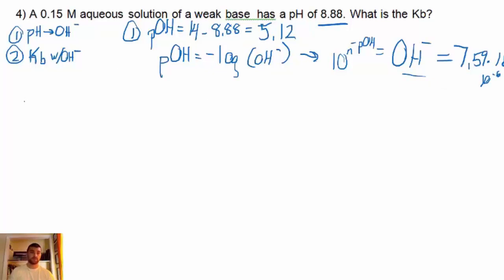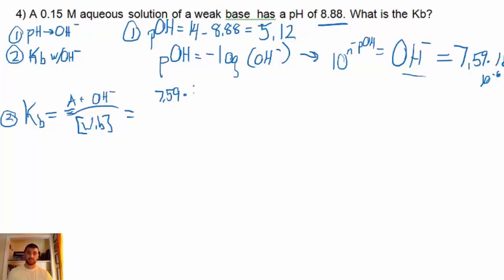So now, what's my Kb expression? Now I'm on to that second step. I'm going to start using Kb. For the base, it's going to be the conjugate acid, right? So I'm going to just say A plus times OH minus, all over what you started with, which is the weak base, right? So now we got a number for OH minus, which should equal the same value of the conjugate acid. So it's really 7.59 times 10 to the minus 6 times itself again, so I'm just going to write squared